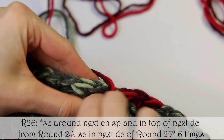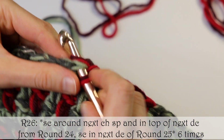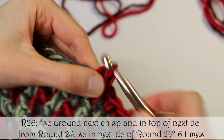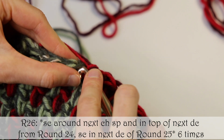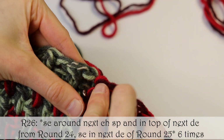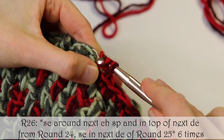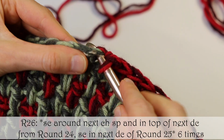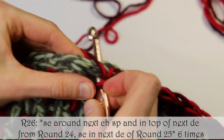So every other single crochet is worked a row lower. So this one's worked in the previous round. This is worked 2 rows down. Previous round, 2 rows down. Always working on the tops of double crochet stitches, and if there's a chain space, we just work around it. And this is 11,